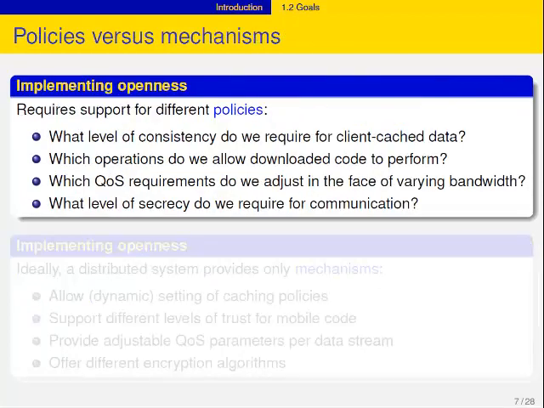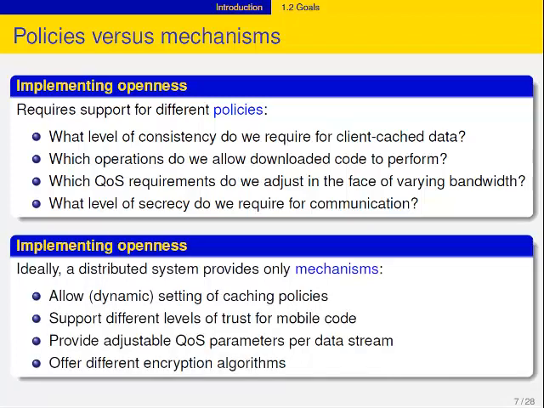Okay. Now this is also, actually this is pretty good. Policies versus mechanism. I'll show the whole slide first. Now, policies versus mechanisms is something that those of you who've taken a course in operating systems understand. So if you take a look at an operating system, what an operating system is supposed to do is to make your life easy. And making your life easy also consists of giving you control. Okay? So a good operating system comes with a lot of knobs to make sure that you can fine-tune the operating system